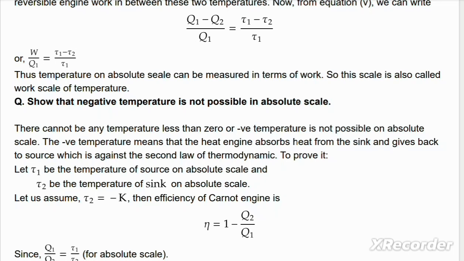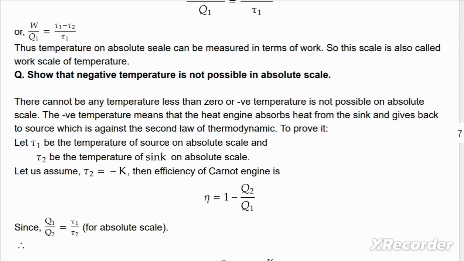The negative temperature means that the heat engine absorbs heat from the sink and gives back to the source, which is against the second law of thermodynamics. To prove it, let tau 1 be the temperature of the source on the absolute scale and tau 2 be the temperature of the sink on the absolute scale. Let us assume tau 2 equal to minus K, then